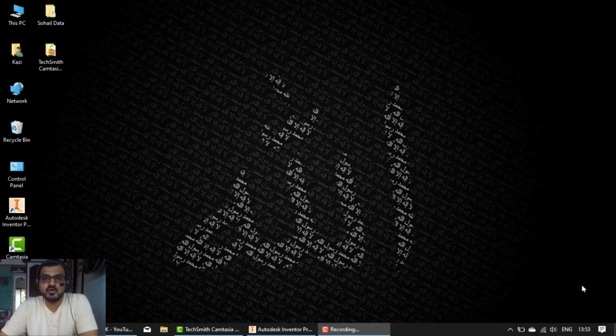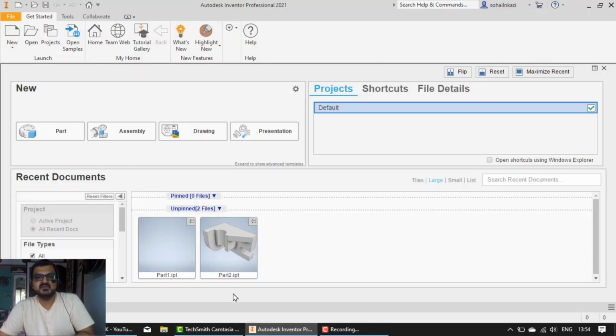I'll be teaching you about Autodesk Inventor 2021 today. In that, we'll be studying the 3D modeling of an isometric view. In earlier semesters, we have already studied AutoCAD 2D and 3D modeling, so this will be a little bit more advanced. So let us start. I have already opened Autodesk Inventor over here.